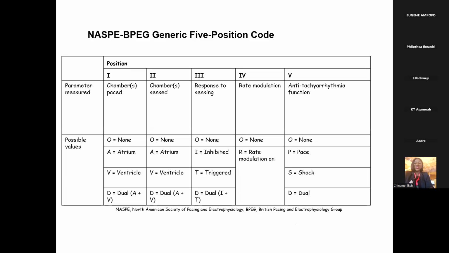We won't say that the coding system in the US is this way, or the coding system in India is this way. No. If it is unified, then we all have an acceptable way of managing the patients effectively. Okay, so with this agreed unified coding system, we have 5 parameters that are being checked out for the coding